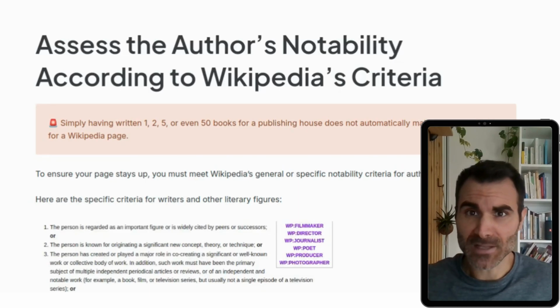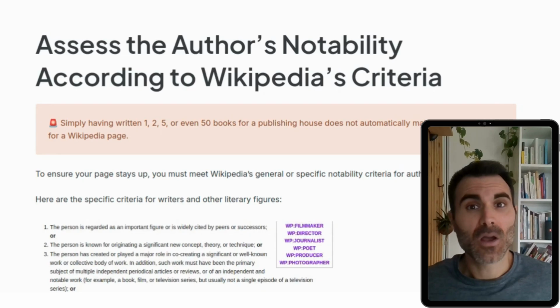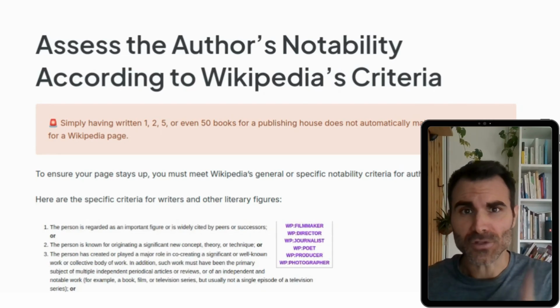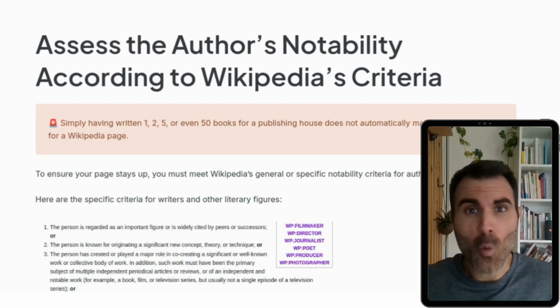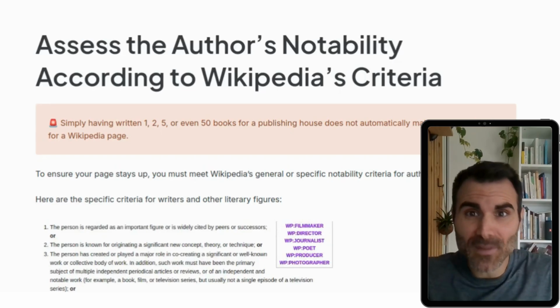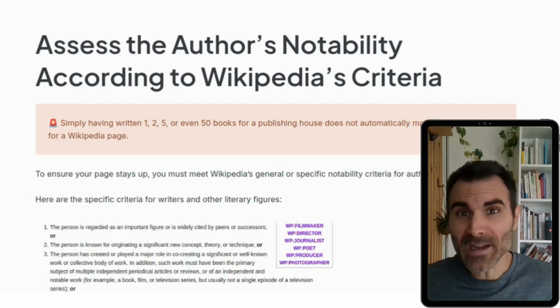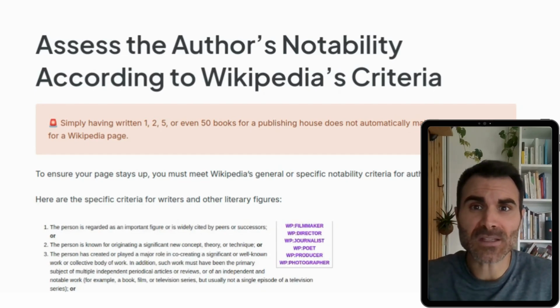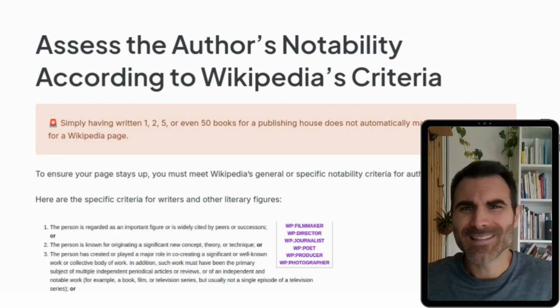Wikipedia has general notability criteria that anyone can meet. For these, Wikipedia looks for first, at least two different national media appearances spread 2 years apart. Second, a focus on the author's life or work in these features, not just a passing mention or interview. Third, the feature must be investigative in nature, meaning it has more depth than a simple Q&A. The goal here is to establish that the author has some significance beyond their books alone. This can feel like a high bar, but it's set this way to ensure Wikipedia remains a reliable source.